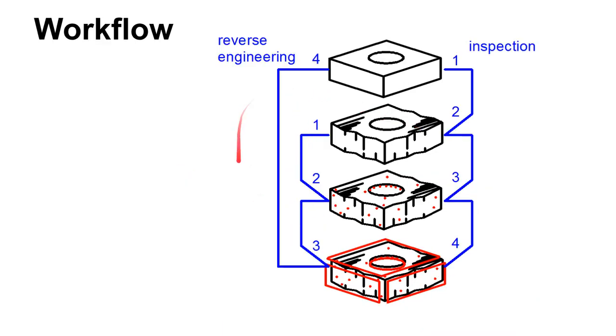Now, the steps where this geometry is important, you go through different workflows depending on whether you're doing reverse engineering or inspection. So inspection, since it's the more typical application, we'll start here. We start with a CAD model, for instance, of the perfect geometry. We have our actual geometry. We probe it, get these points, and then we fit surfaces to that. We fit a series of planes and spheres, and sometimes circles and lines.